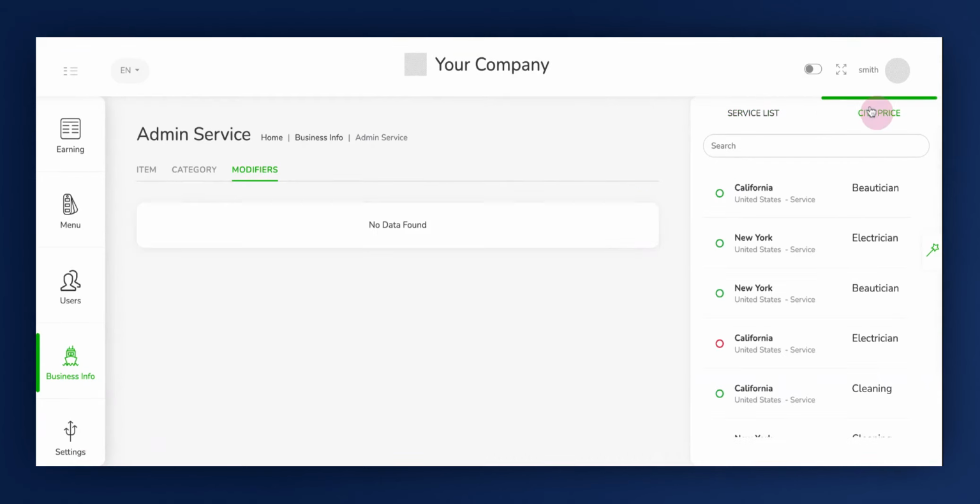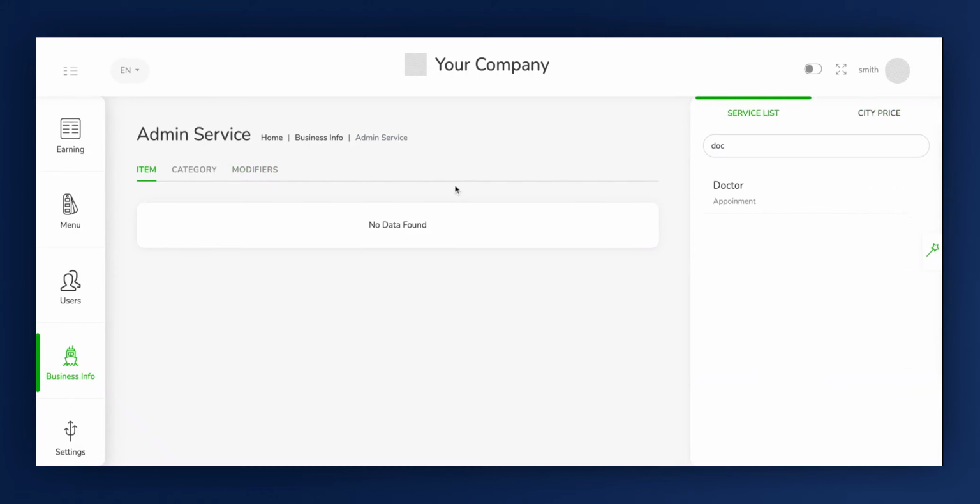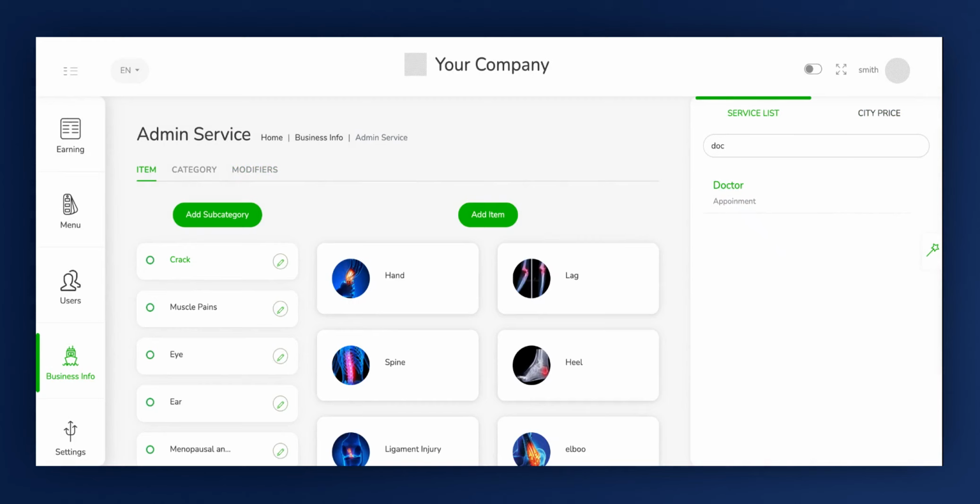Next, we will move on to setting the city price. So, concerning city prices, let's examine how we can add our appointments and services, including admin appointments and admin services,